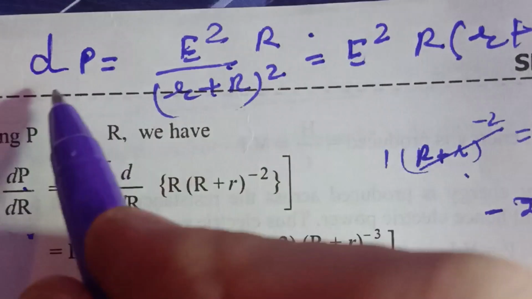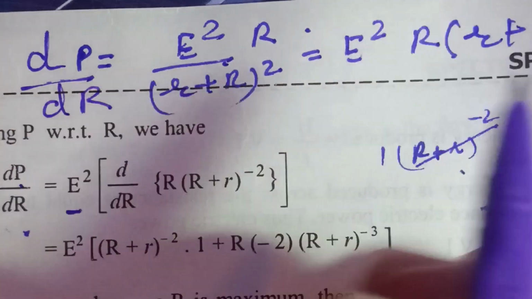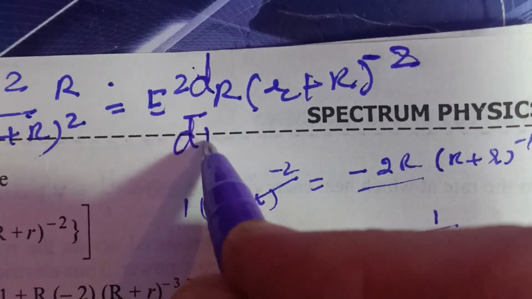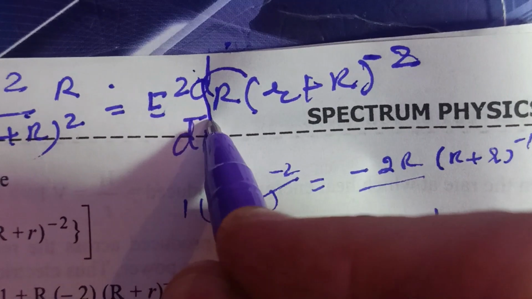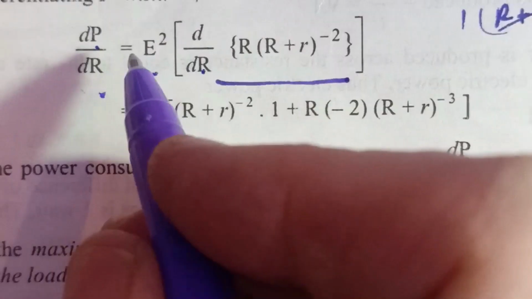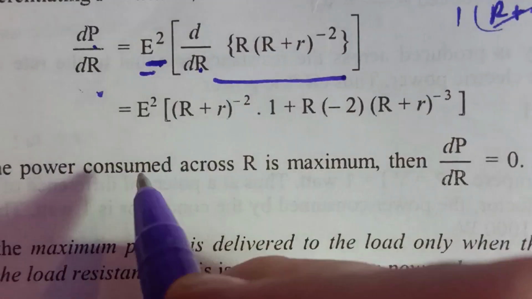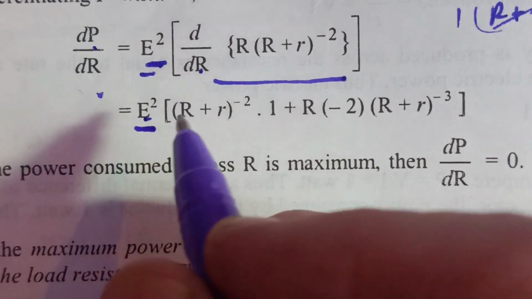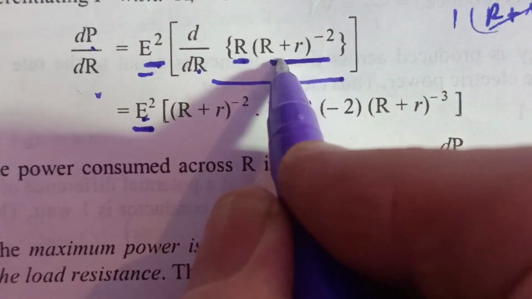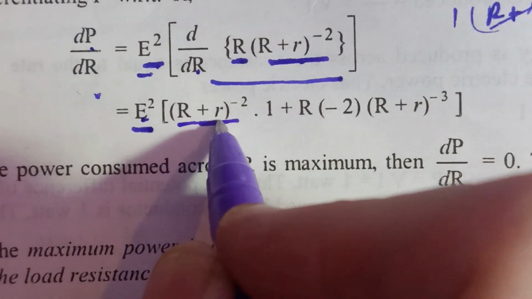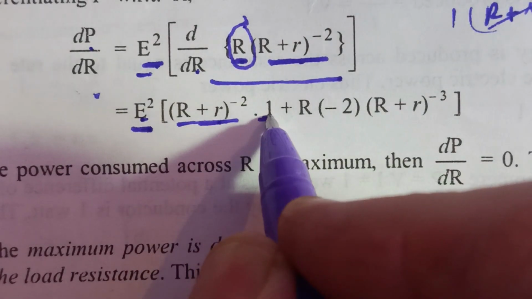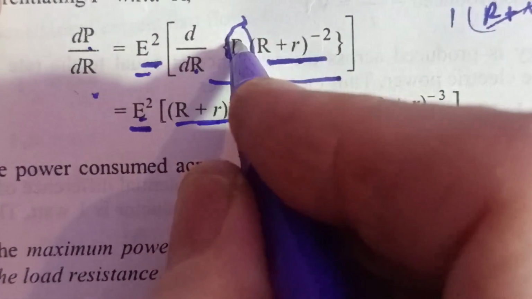Now I'm going to take the differentiation dP upon dr, that is d upon dr of this expression within the bracket. E square is outside the bracket. Now there are two functions, first function and second function. The second function as it is, differentiation of the first gives 1, plus, now capital R as it is,